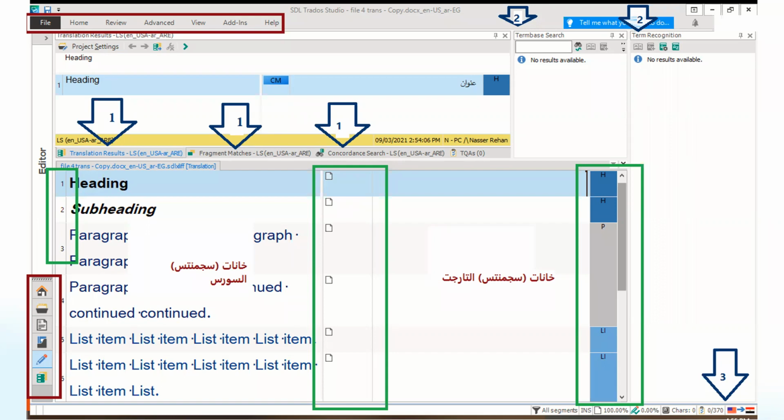The numbers in green are the numbers of segments. So segments are numbered to ease how I can reach a certain or a specific segment. The column between the source on the left and the target on the right, the target is now empty, is